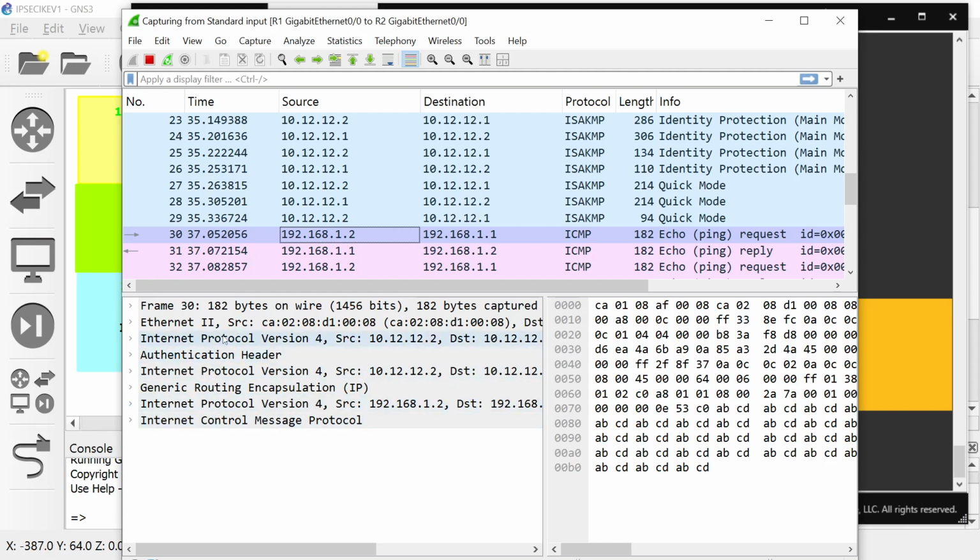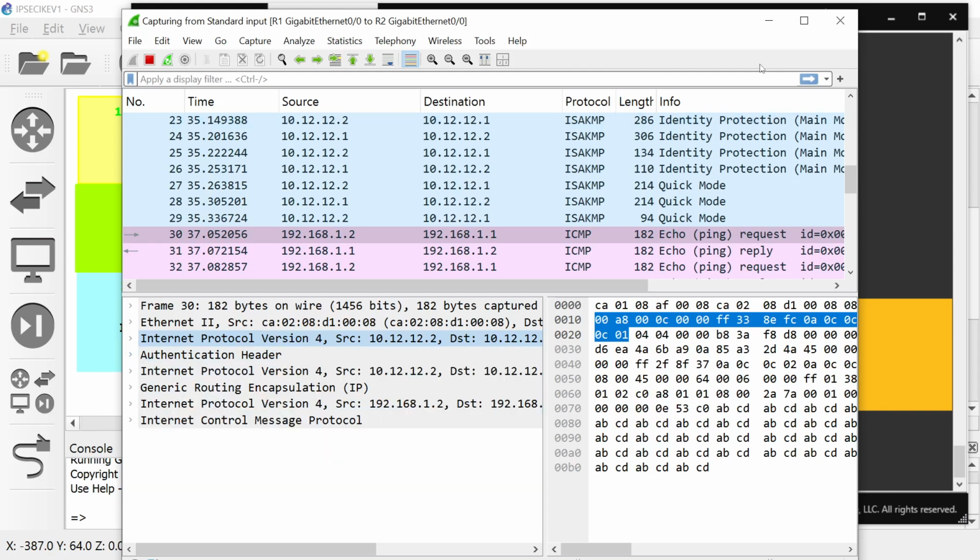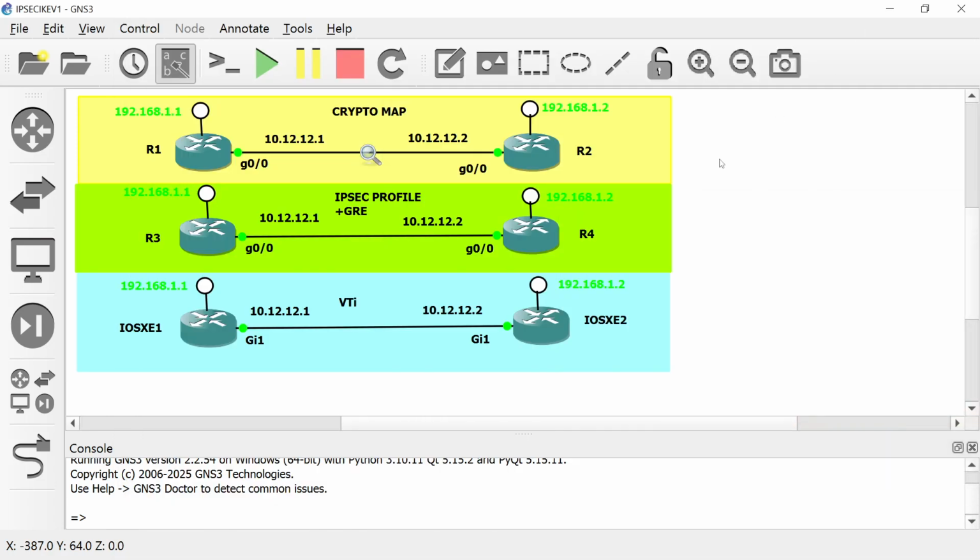So notice that we have 3 IP headers: the original IP header that corresponds to the ping, then the IP header that GRE adds, and then the IP header that IPsec is adding. We can see all of this because we are not performing encryption, thanks to our choosing of this IPsec protocol, which is an authentication header. So that is how